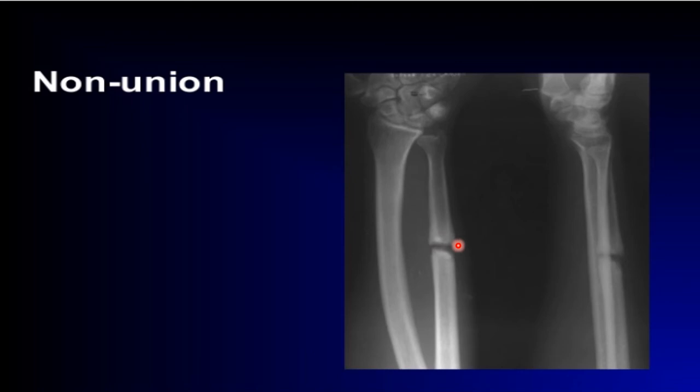Here you see non-union. You have waited an adequate period of time. However, now you see no callus formation, no evidence of these bone ends trying to grow and meet each other. And generally, you will see that intramedullary. You see this internal medulla, and this is the cortex. Here you see that the medulla has been closed off. And now there is no blood reaching the bone ends, and there is no more union.